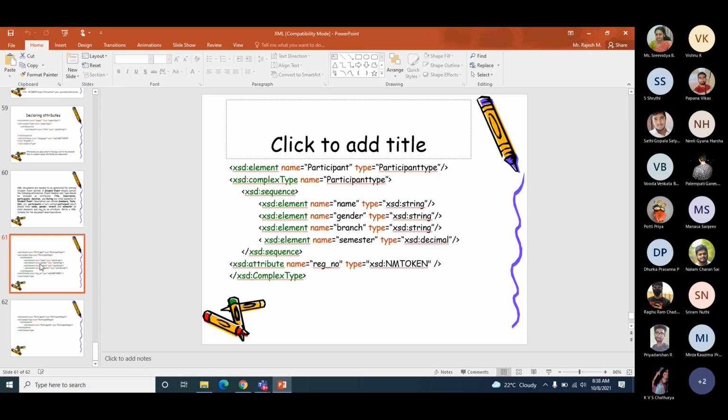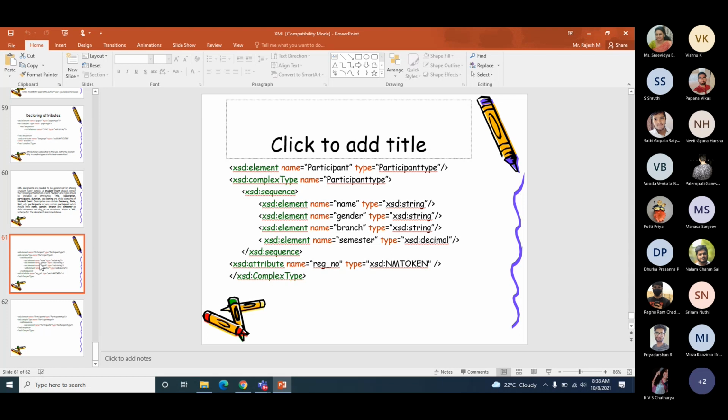Now, what is this confusion about participant and participant type? When you look into the element participant, it is not a normal element. It does not contain only textual contents. Rather, it contains child elements as well as attributes. As per the XML schema definition language, there are only two types, simple type element or complex type element.